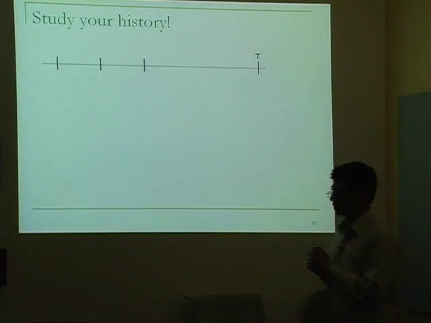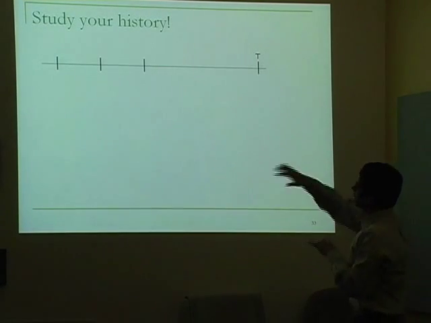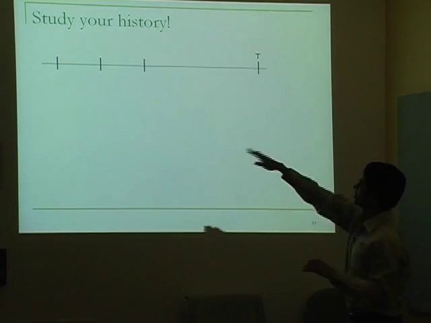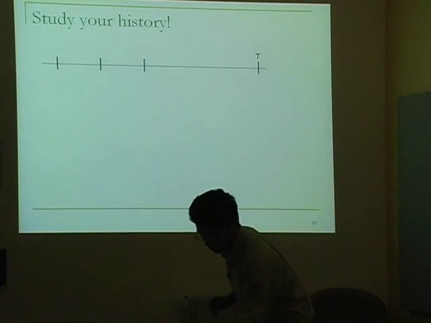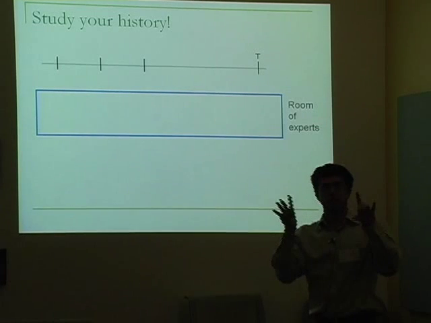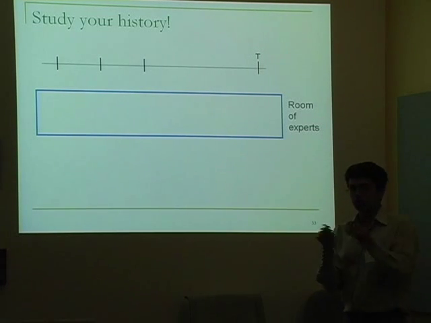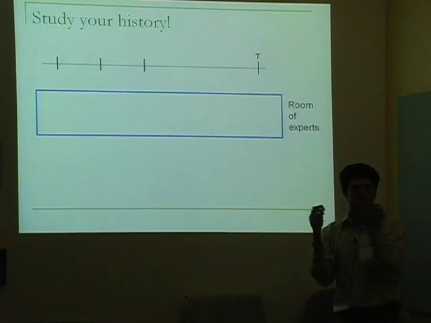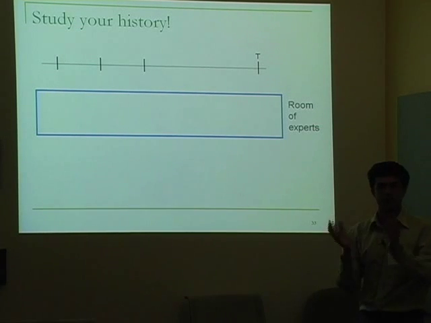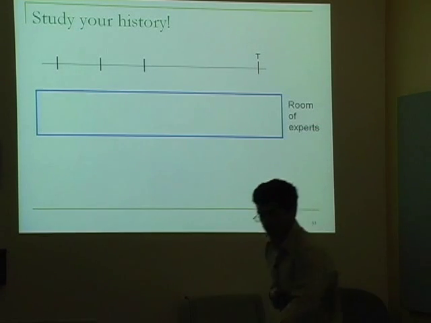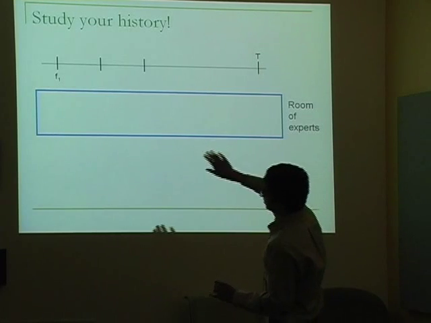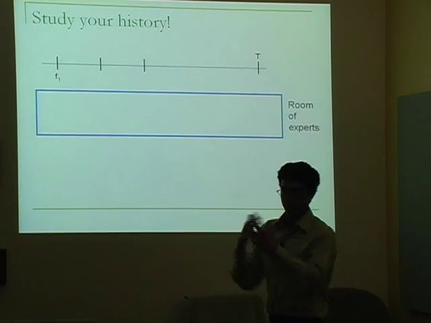So here's the basic overall idea. Let this be the time axis. So this is just time 1, time 2, and so on. What we're going to do is construct a room of experts. And in each round, we're going to listen to whatever these experts predict and then make some decision on the basis of that. And the way this is going to work is, after time step 1, function f1 is revealed